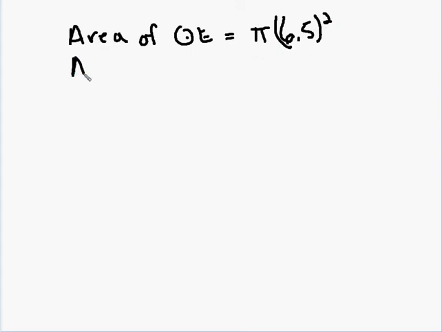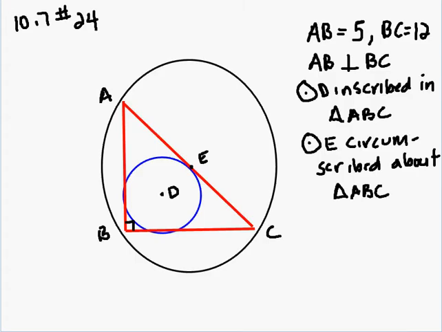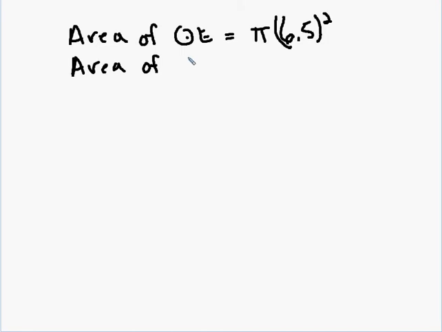And the area of circle D is going to be pi times the radius squared. Well, 6.5 squared is 42.25 times pi